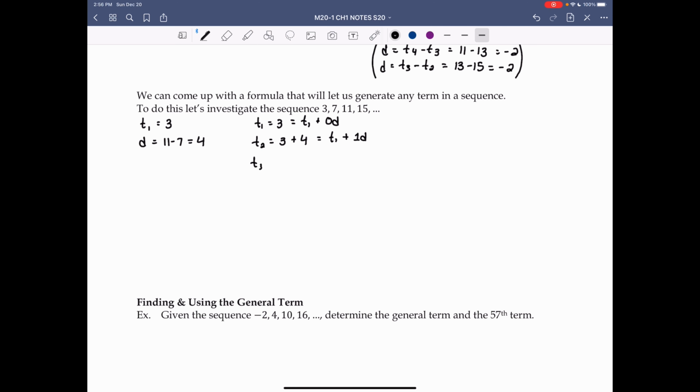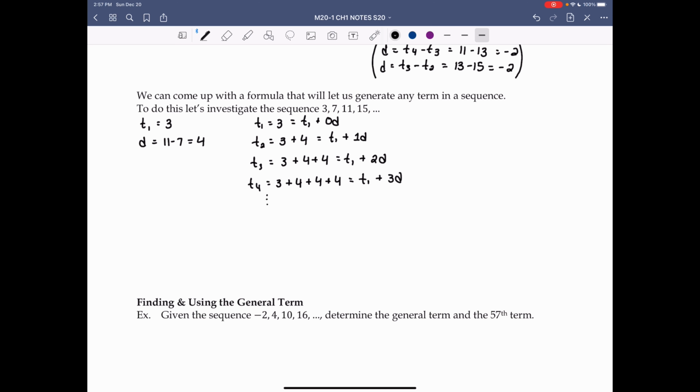Term 3 equals 3 plus 4 plus 4, which is term 1 plus 2 times the difference. Term 4 equals 3 plus 4 plus 4 plus 4, which is term 1 plus 3 times the difference, and